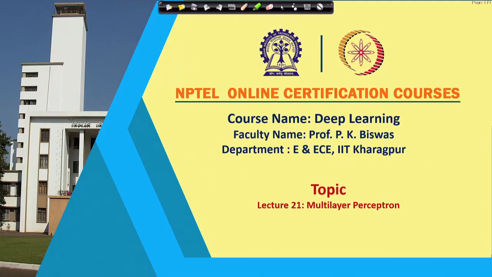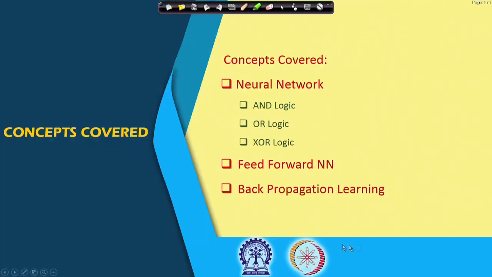We have started our discussion on the neural network, and in our previous class we talked about the basic implementation of a few of the logic functions, the AND, OR and XOR functions, using neural networks. Today we will continue our discussion with the neural network, and particularly we will talk about the feed forward neural network, also known as multi-layer perceptron,